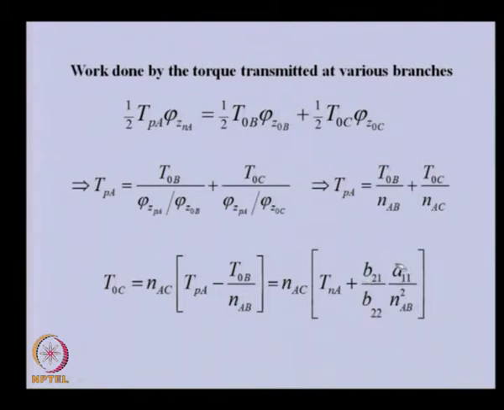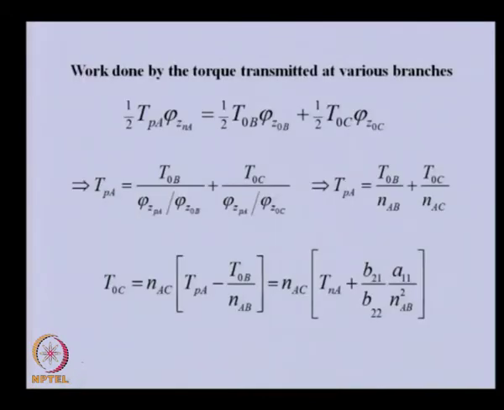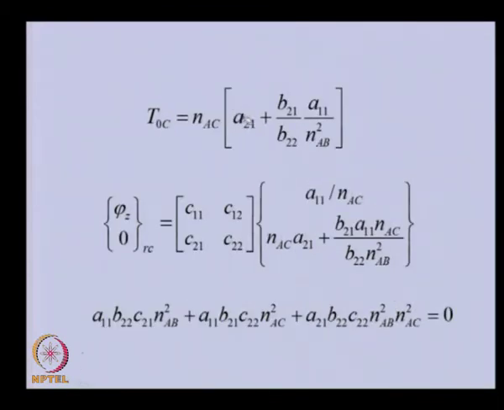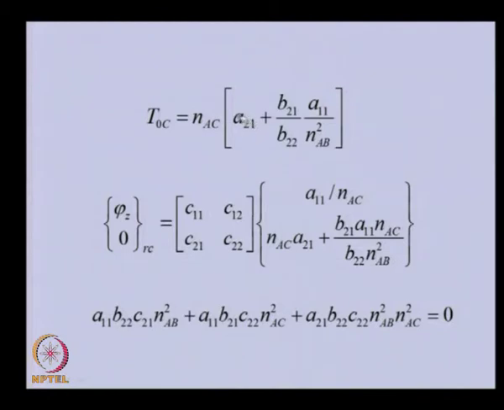Earlier we obtained T naught B. So, I am substituting this T naught B we obtained earlier. I substituted that expression there, and this particular T and A we also obtained earlier, so that I have substituted as A21. So, this is T naught C. This is the equation for branch C which we earlier wrote. This was the boundary condition, this using the gear ratio we converted, and this was the T naught C.